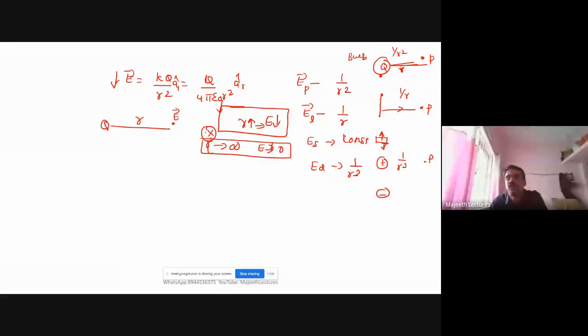So that's what here you see. That's why if you put our bulb in the ceiling, it will spread to the more area, like our sunlight. So it will decay slowly, 1 by R squared. The electric field will decay slowly, 1 by R squared. But here you see, here it will decay fast. Sorry, here it will decay fast, here it will decay slowly.